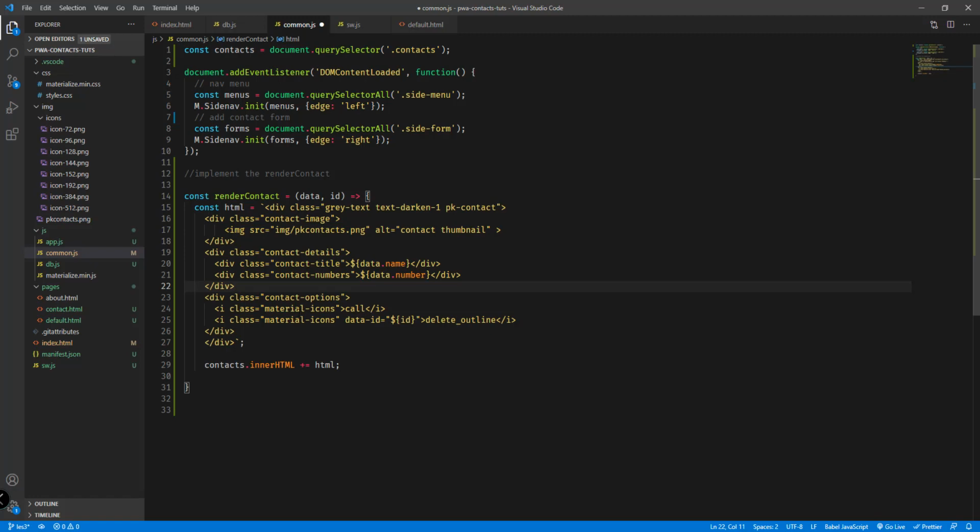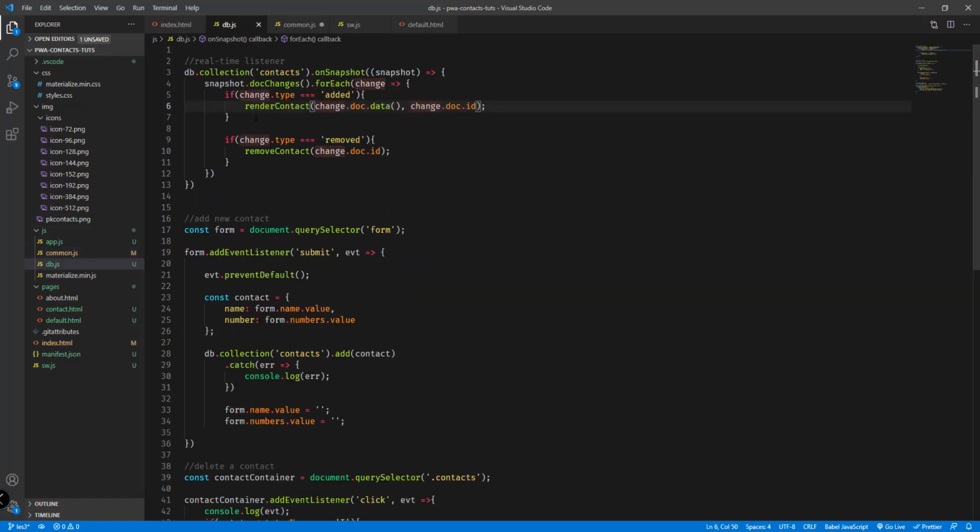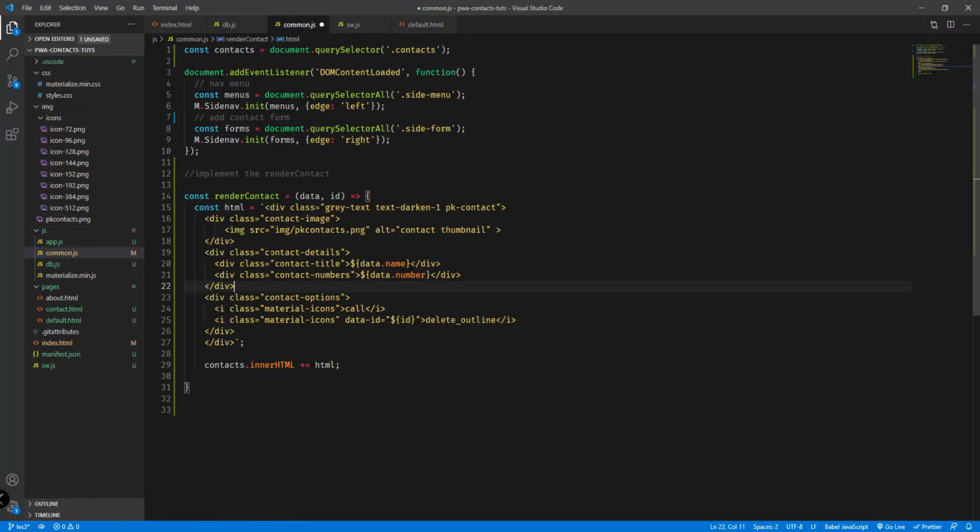And in the next video, we're going to add also the removeContact function that we are trying to use here. Okay, so we implemented the renderContact already, and in the next video we're going to continue with our